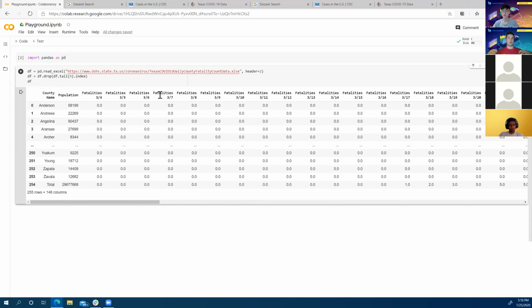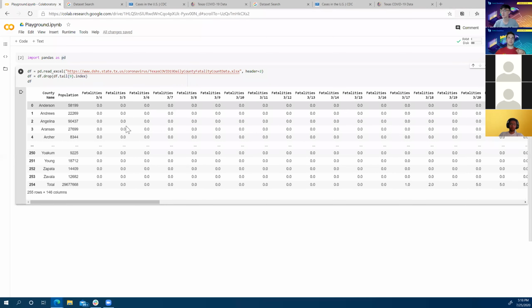Okay, so that whole exercise was go to googledatasets.com, search for a data set that you might be interested in. That's a great place to go find data sets. Pull it into pandas or into a data frame object using the function read Excel. And then we set the header to a different line and dropped the bottom 9 rows. Again, that was super quick and it did a bunch of stuff.